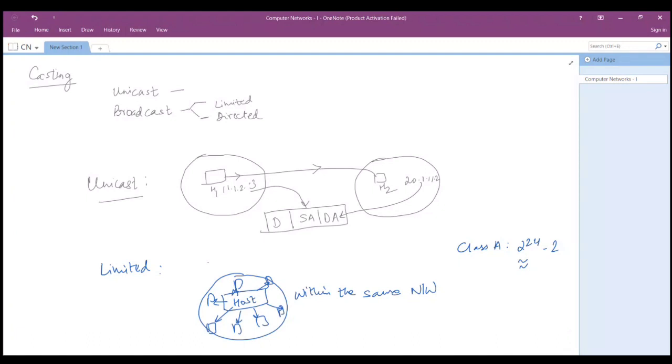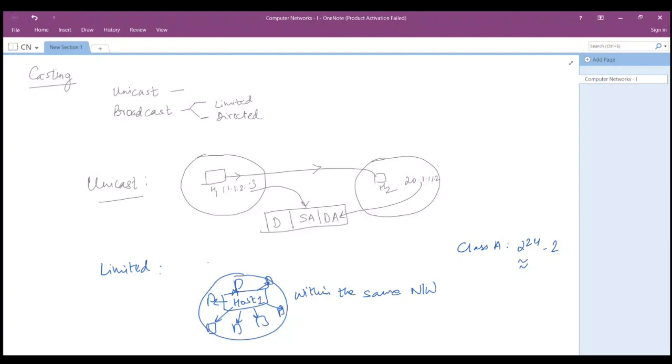So you require sending to this many hosts. And if you send one by one unicasts, you can understand how much hardware and software intervention would be required. There would be so much to send. But with limited broadcast, it is just one message sent from the host, and it gets forwarded to all the hosts present in the network. Otherwise, if you had to send unicast to all these hosts, let's say of class A, it would be so hectic for host 1 to send one by one to these 2 to the power 24 minus 2 hosts.